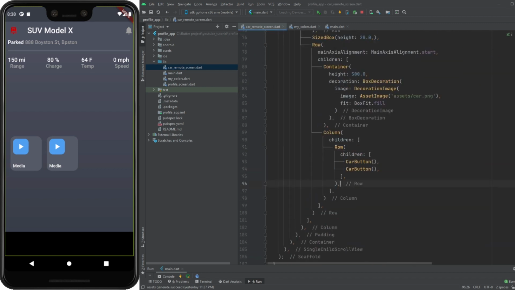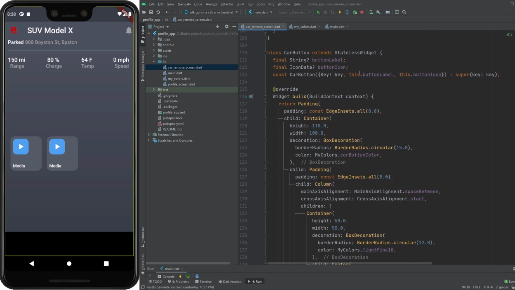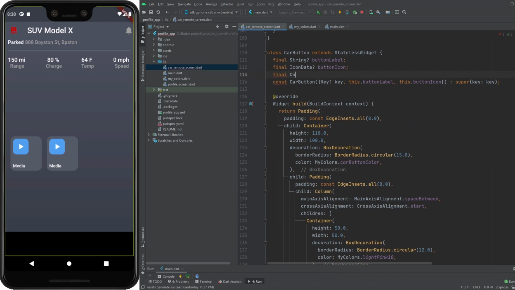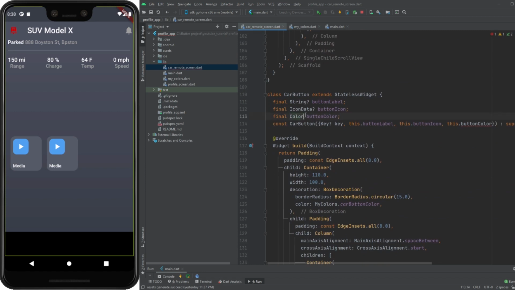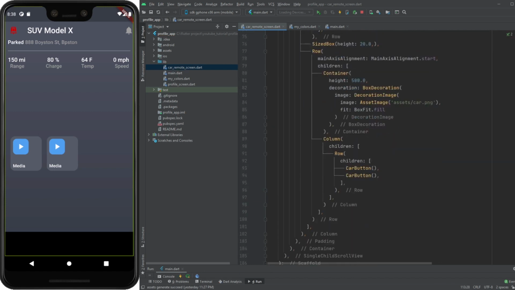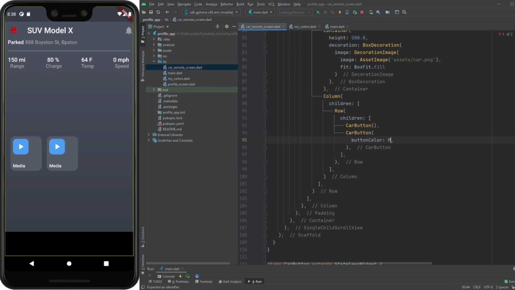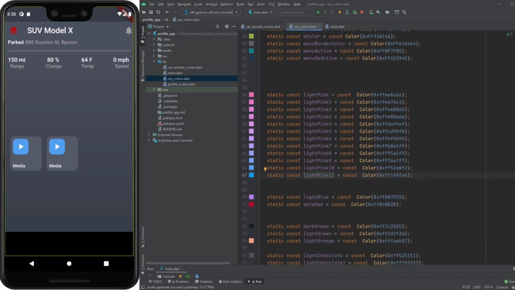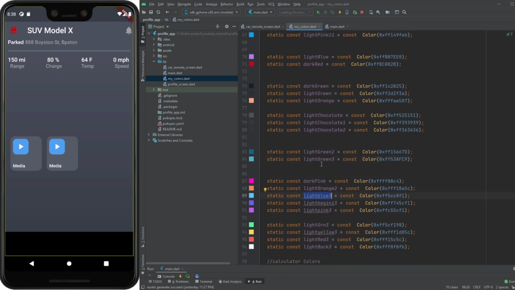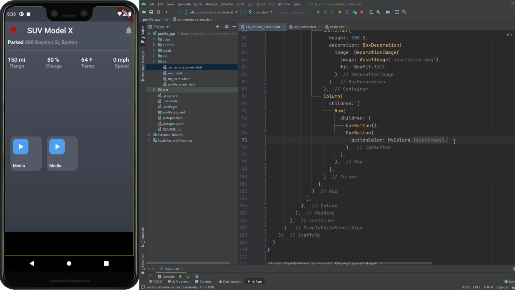Now it looks fine, and again copy. We need to change the color elsewhere. I also assign the color, button color, and create a constructor and set it here on the button. Now I will use this parameter here. My color should be red, I think I need to change the color like light blue, light green, like that, and